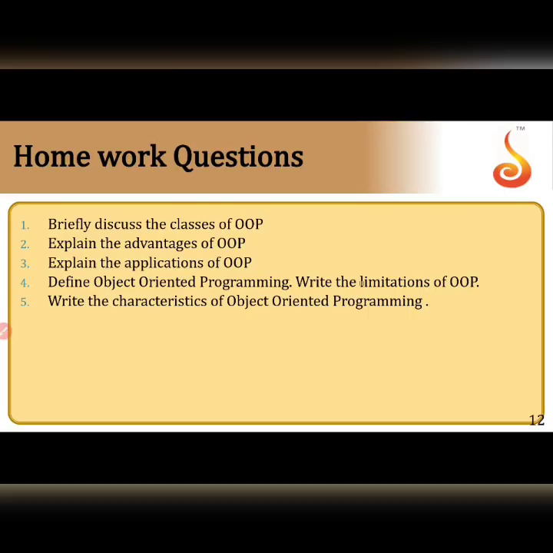That is, what are the different properties of OOPs can also be asked, and you should be thorough with different OOPs properties. Data encapsulation, polymorphism. Again, polymorphism is nothing but overloading. You have 2 types,